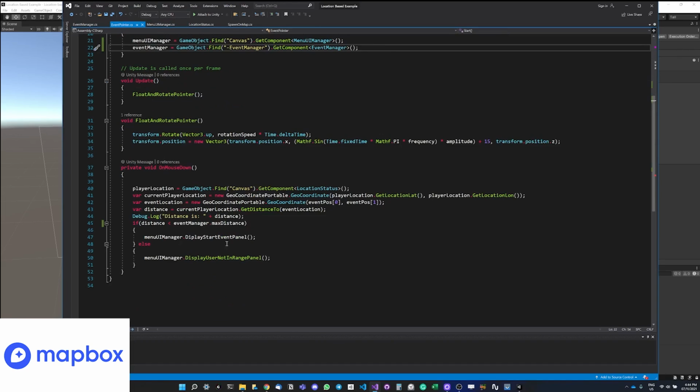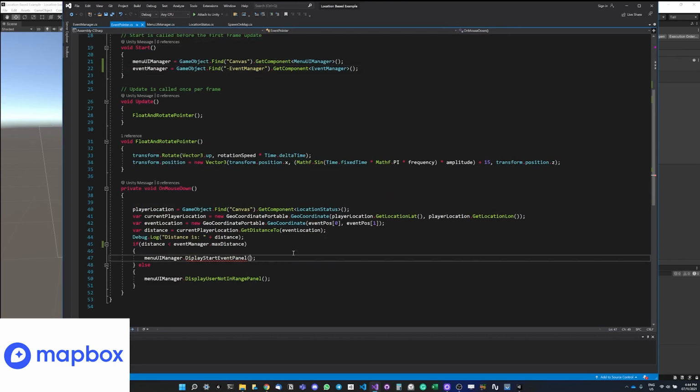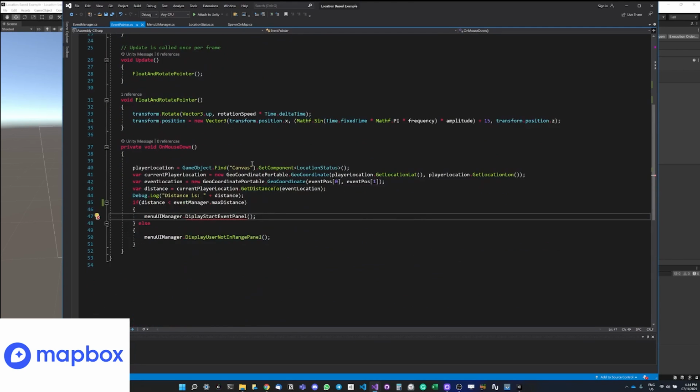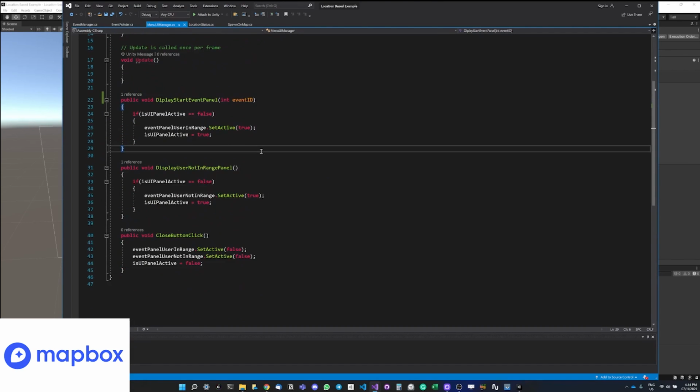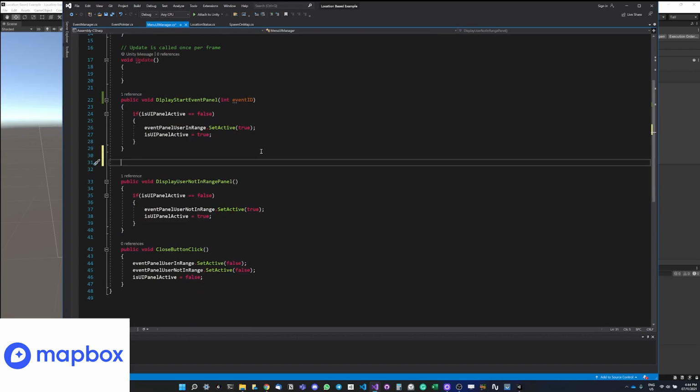And I need to go back in here because now it's gonna give me an error because it says you need to pass an integer and you're not passing anything. So now what I do, I already have the event ID here, so I pass in the event ID of whatever event the user has clicked on. And now let's make a new method for when the user clicks on join. So I do public void on join button click,